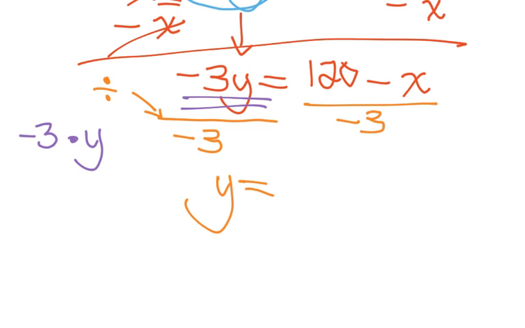And I'm going to tell you, if you left this like this, 120 minus x divided by -3, I have no issue with that. This is totally acceptable. However, many of you could have easily divided 120 by -3, totally fine, which you would have gotten as